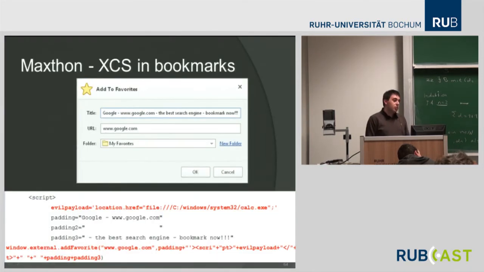And then we have Maxthon again with bookmarks. And this is a different type. This is input validation, and it's a funny one because you can use this function, which is the add favorite function. And normally with the other browsers, to bookmark, you need action from the user. But in this case, with Maxthon, you go to a website, it will prompt you to bookmark the website. And what's happening here is that I'm not doing anything fancy with the URL, but I'm doing something with the title there. And what you don't see on the left side, there is an injection. And I'm using just some padding so that the user doesn't see that. I'll show you